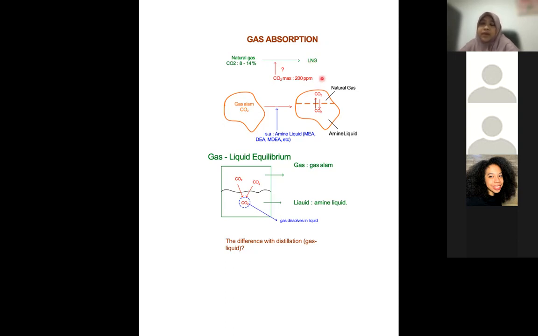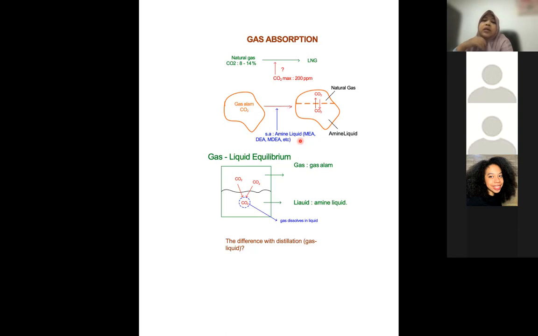So what would happen is the natural gas is actually contacted with the liquid, and the liquid loves the CO2 very much, right? So we'll try to find those liquids, and the suitable liquid is usually called amine liquid. So it contains the amine group, yeah, the amine group. For example, methyl ethyl amine, diethylamine, monodiethylamine, etc. Yeah. Okay. So if you check your HYSYS, there's also an absorber package in the thermodynamic model, and this